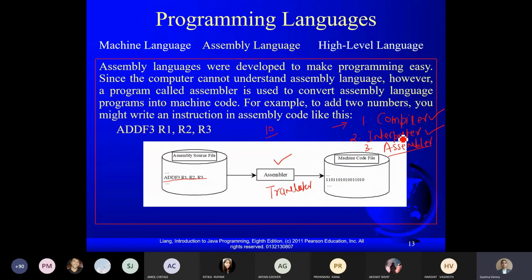But interpreter will do one by one task. It will convert first line. If there is any problem in the first line, it will give you the error of the first line, and it won't go to the second line till you will not remove the error of the first line. Which means एक एक लाइन को fully convert करेगा. जब आप उसकी error को remove कर दोगे, then it will translate the second line, then third line, then fourth line. Fine. Who is going to tell me किसकी speed fast होगी, compiler की या interpreter की?